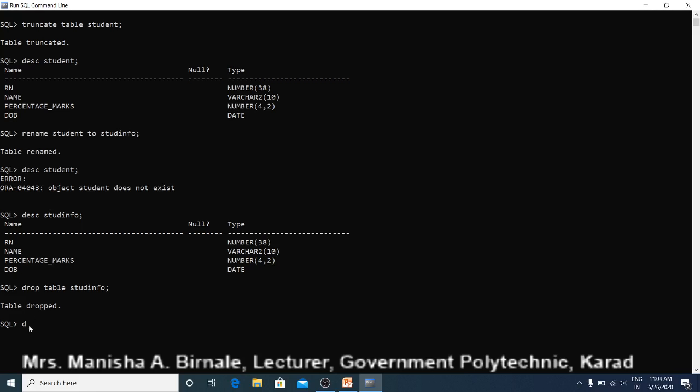Now let us check using DESC command, DESC studinfo. So error has occurred because object studinfo does not exist, because after execution of drop table command, the structure of this table is also deleted. It is discarded. Table is deleted permanently from the database.